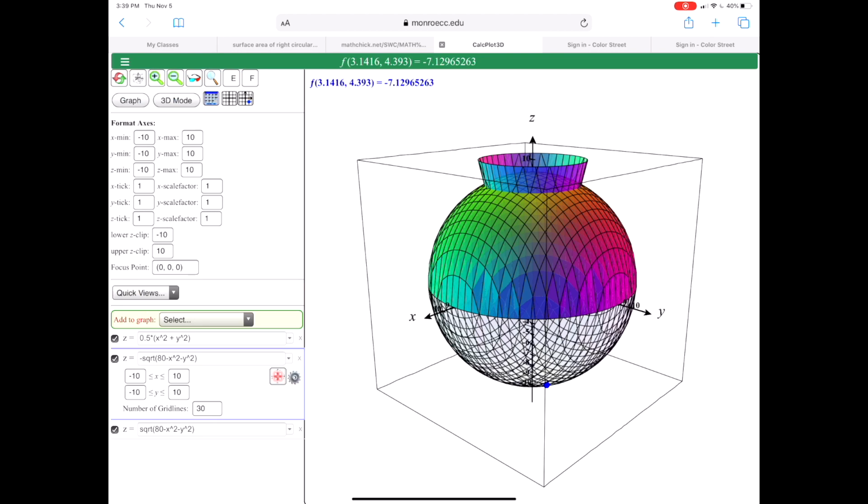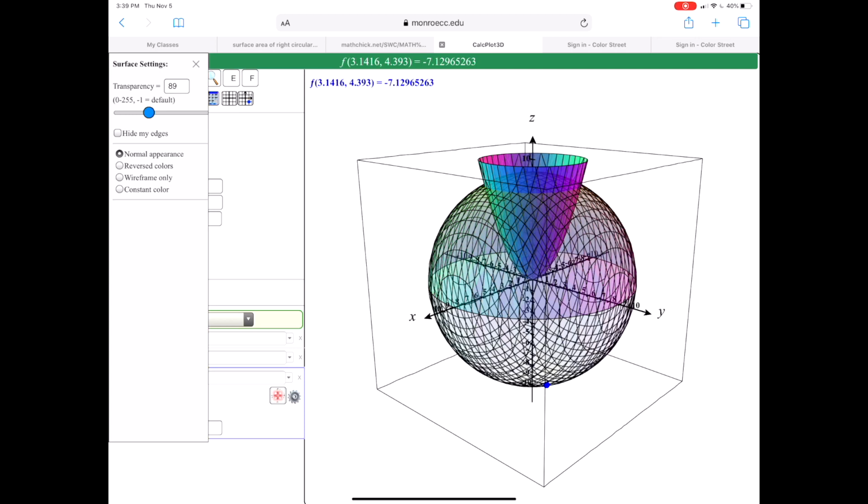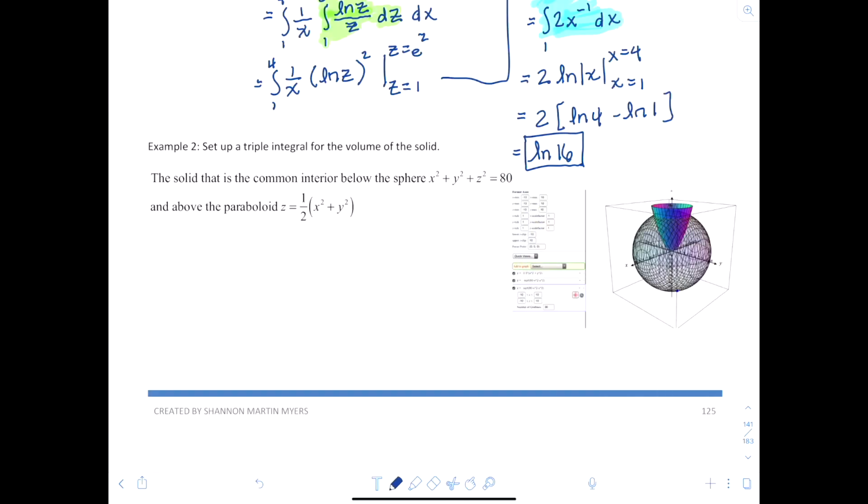All right, and this one. Cool. Gosh, I love technology. Isn't technology awesome? All right, so we've got a good visual here. Here we are. We're back. So